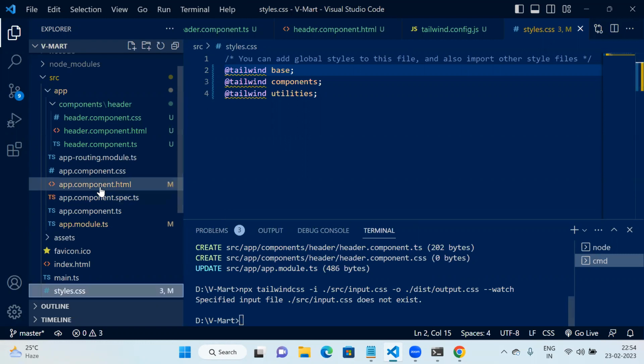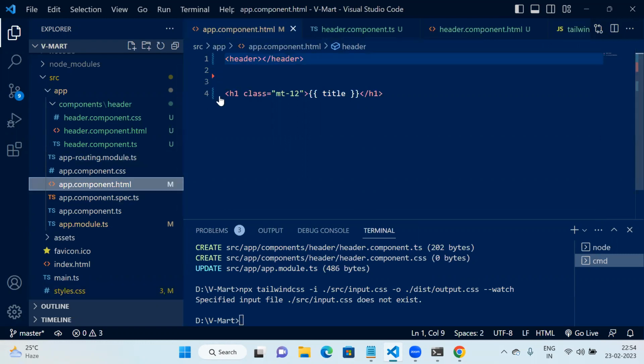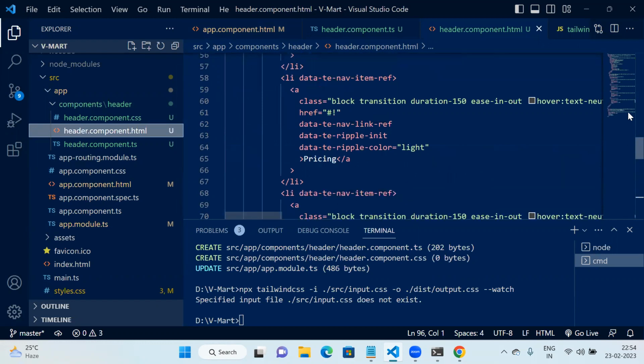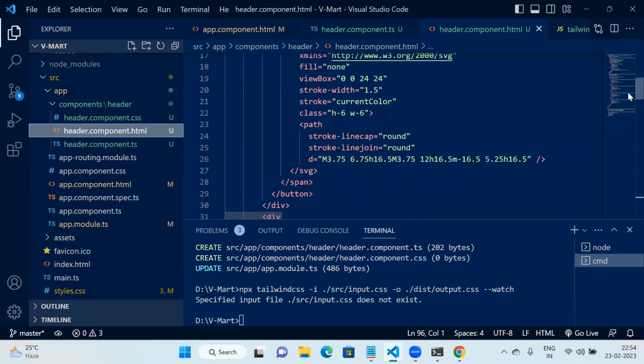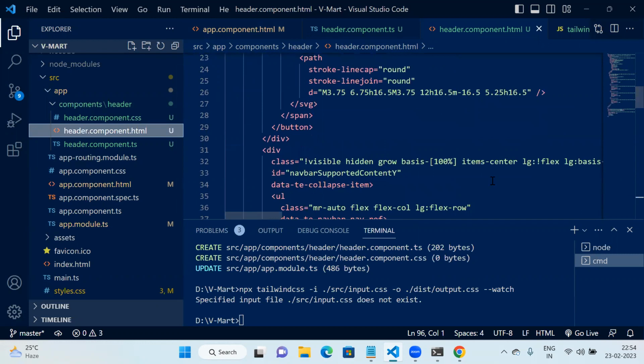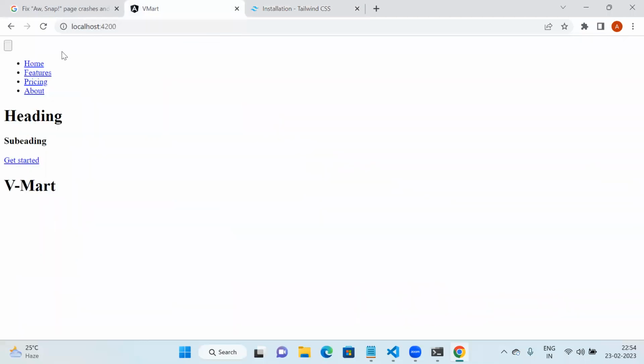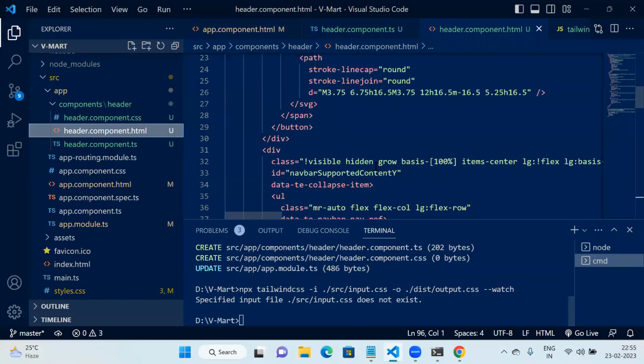So we'll go and put the header on the top, and we have created the header component over here. And in this header component we have all this. Now suppose once the CSS starts working, all the content will be in a row over here. So now you will see we have all these features, price, and then we have the about us. So if you go and see in our UI,